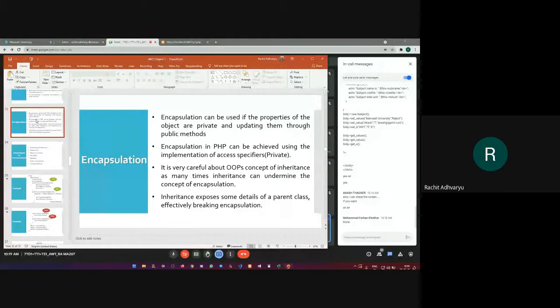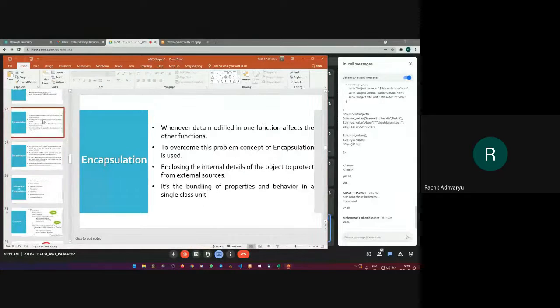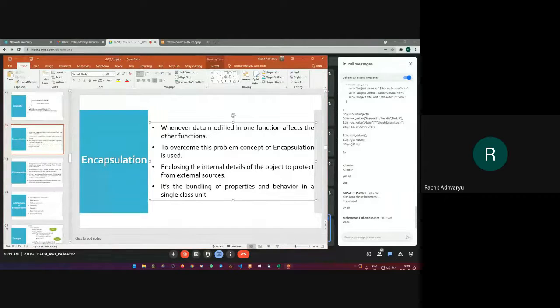That is the main definition of encapsulation. It means that whatever important things you have in your program, you can merge them into one single bundle. A bundling of components of a program, we call it encapsulation.